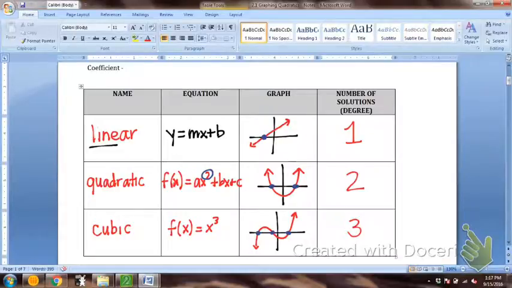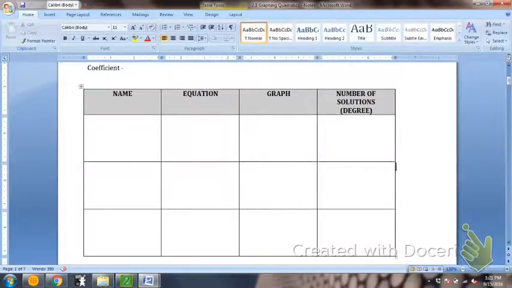So for this unit, our focus is going to be on quadratics, but I wanted to introduce you a little bit to, you've already talked about linear, that's what you did in Algebra 1. You talked a little bit about quadratics in Algebra 1. And then in Algebra 2, we're going to focus on quadratics and cubics. Okay? All right, so down there it says, guided practice, label